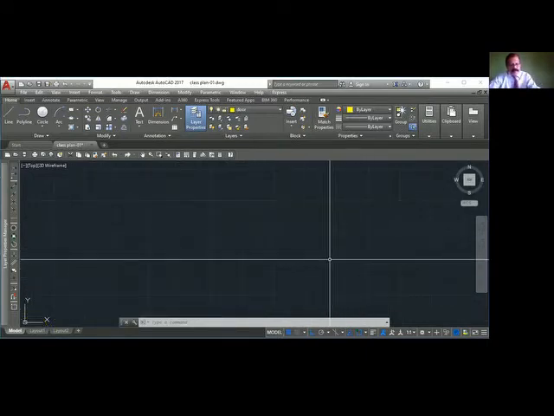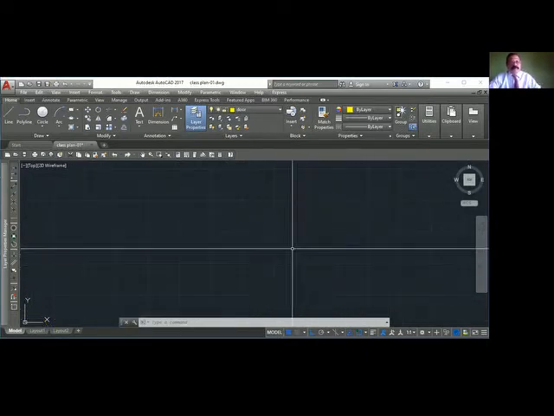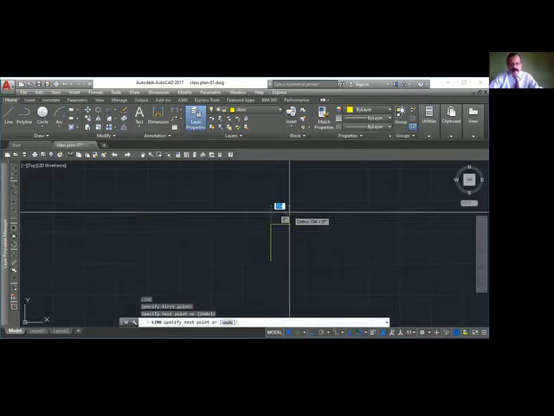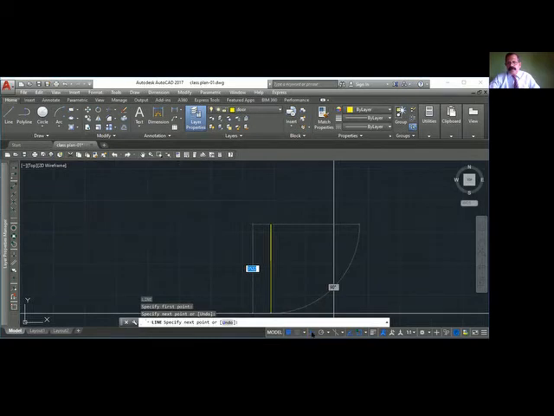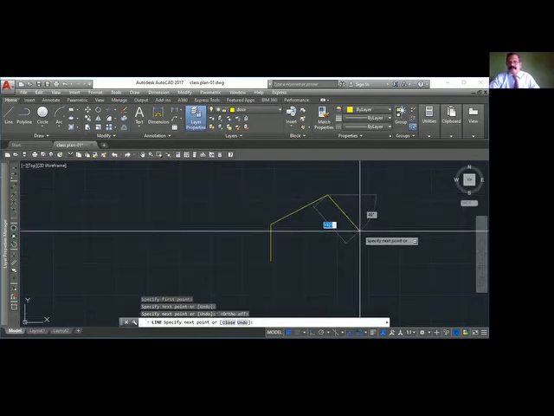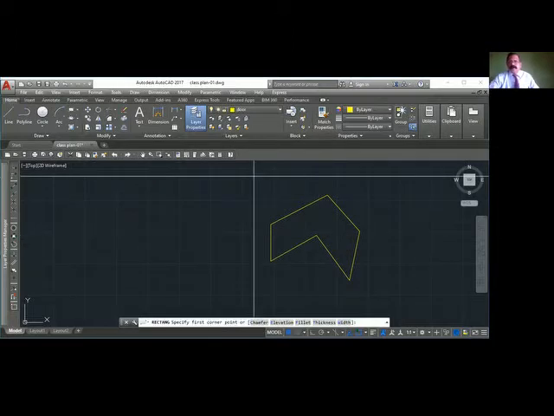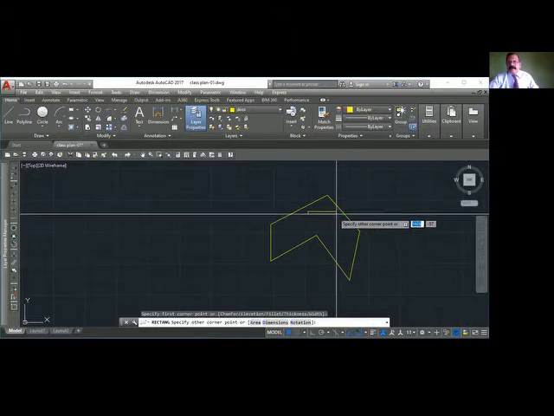Okay, let me make one more object, line. I'll switch off the ortho. I have one object. Inside that I have a rectangle.